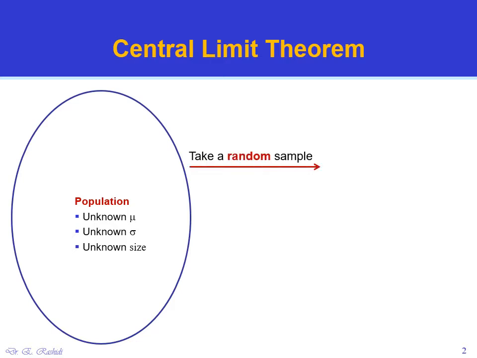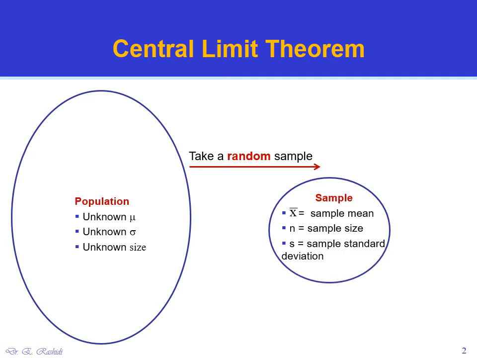For the sample, we can compute its statistics, such as x bar, which is the average, and s, which is the standard deviation of the sample. Then these are going to be used as an estimation of the population parameters. Although we do not know the distribution of the population, given circumstances, we can approximate the distribution of the random variable x bar, the sample means, using the central limit theorem. Let's see what central limit theorem states.